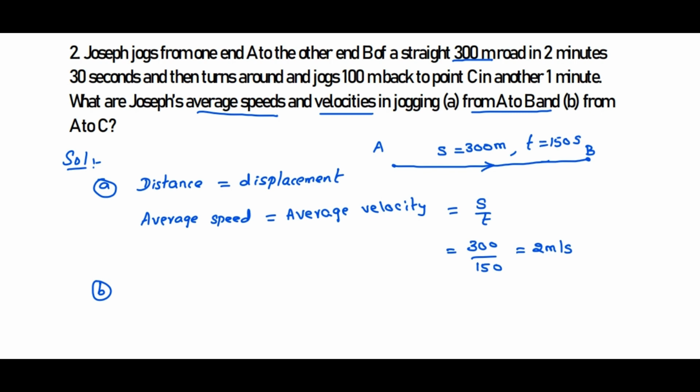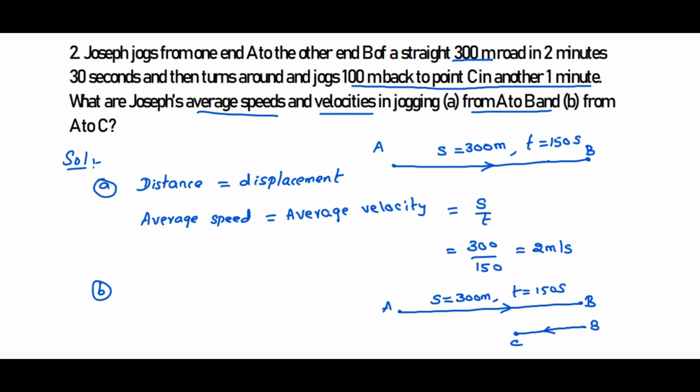Then he turns around and jogs 100 meter back to point C in another 1 minute. So from A to B is traveling, and again from B coming back to point C. From A to B, the distance is 300 meter. Time taken here is 150 seconds. To travel from B to C,